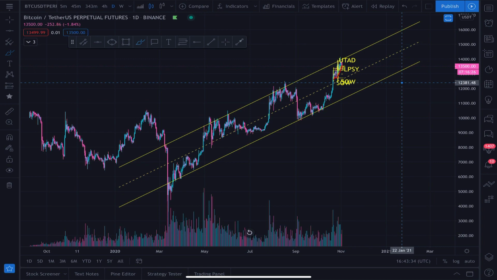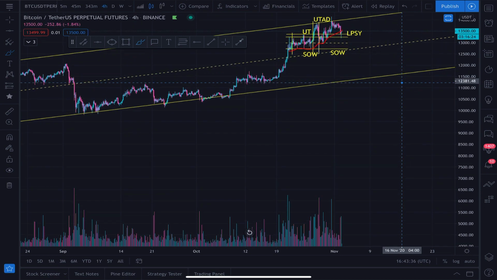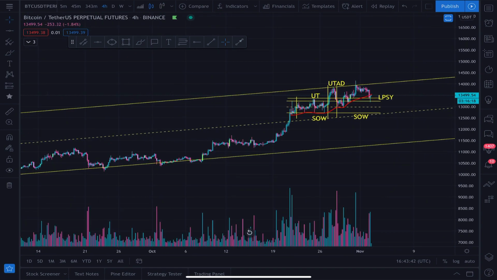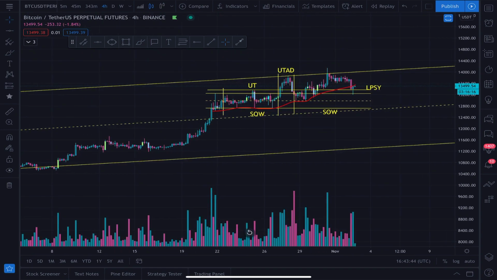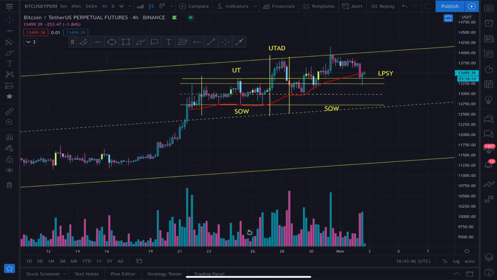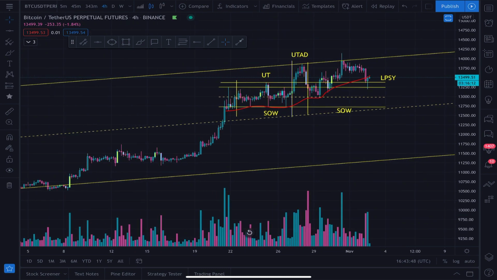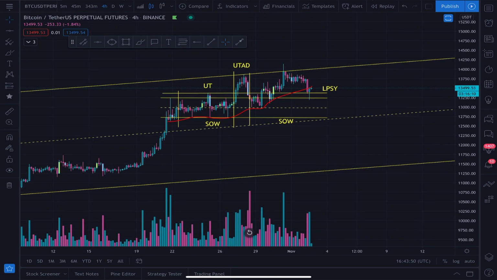So let's drop down to the 4-hour and take a look at some of the patterns that are developing inside of this localized move. So I had this drawn a couple different ways. I had this drawn angular at first, and I've kind of flattened it out because it's actually a pretty hard read. So if Bitcoin breaks 14K, and I mean like break above and stay above 14K, that's going to be a huge